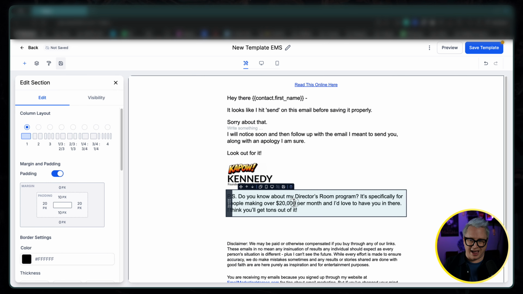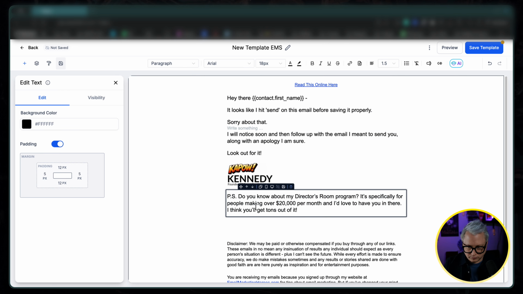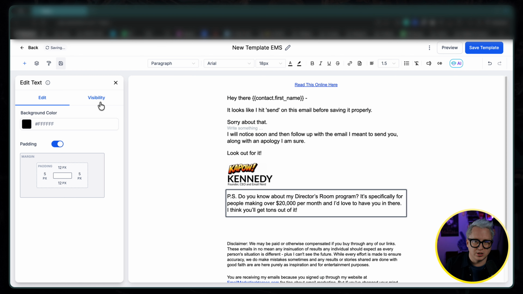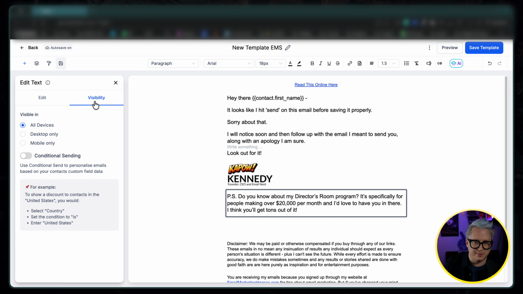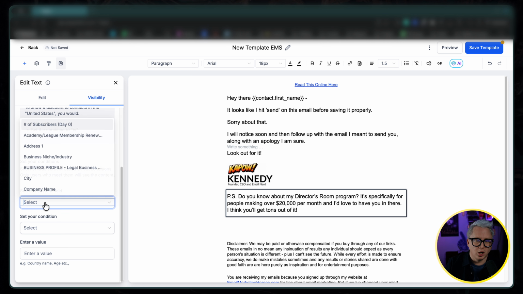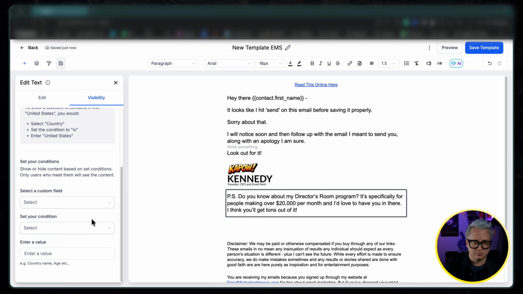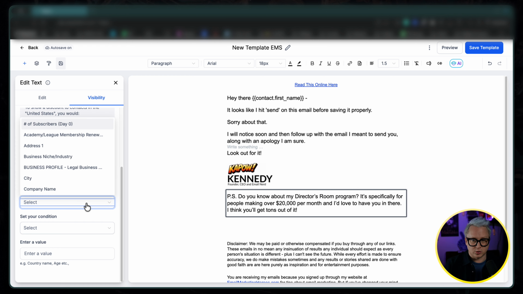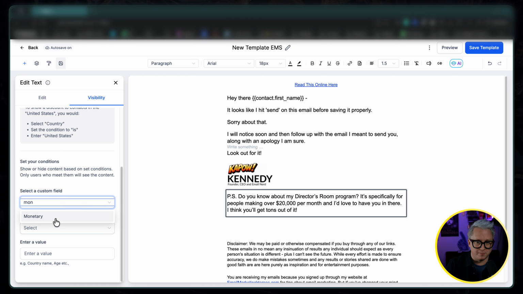Now, of course, I don't want everybody receiving that. And this is when conditional stuff comes in. What you can do is you can grab any block, in this case, this one, click on visibility. And instead of edit, where we've been playing around, visibility, and click conditional sending. How cool is this? You can then say, look, I've got this custom field. And in my case, we have a field which tells us about the monetary value of how much each of our customers have spent. So I'm going to look for the word monetary. There we go. Monetary